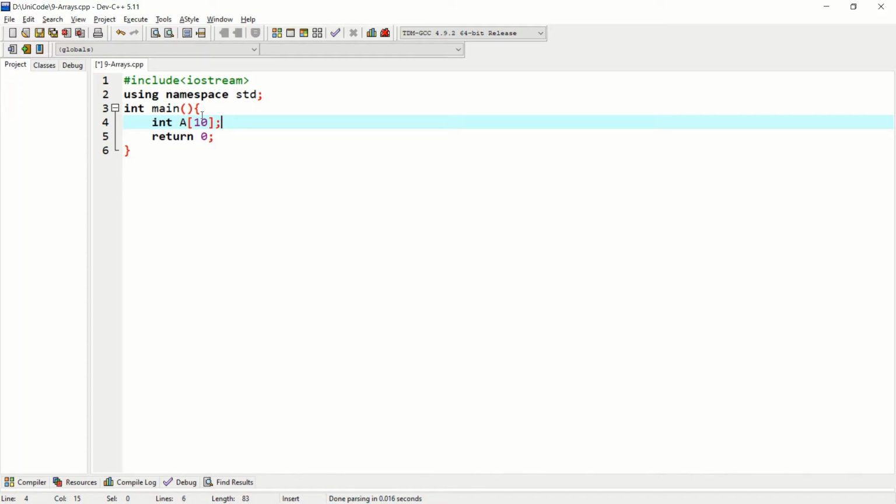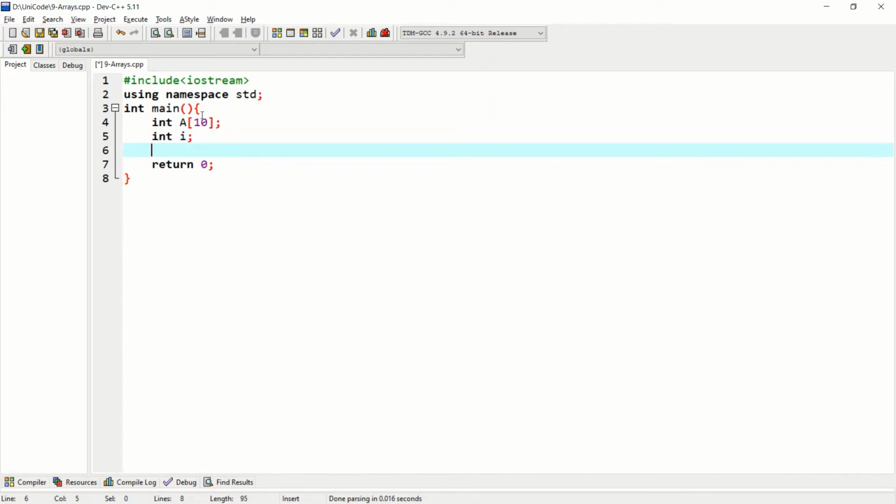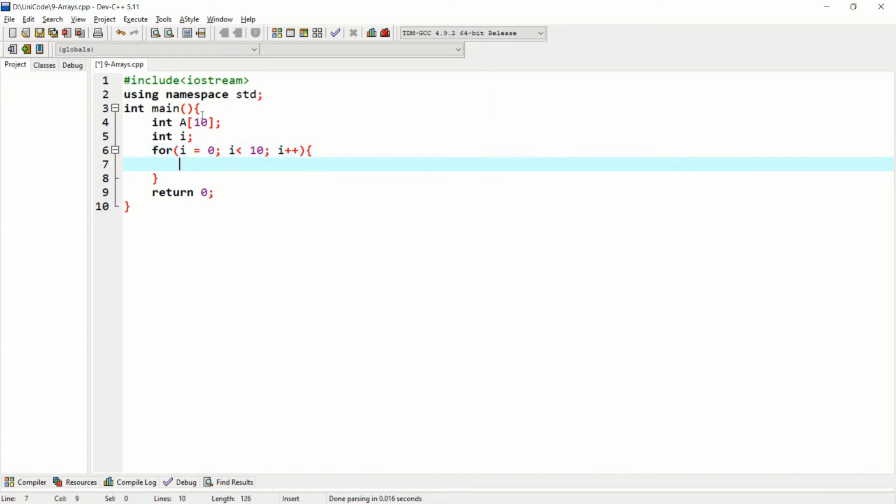Under the name of a, we can simply use a[0]. We can simply use the elements like a[0] and then a[4]. We can randomly use this. We can also loop this for an input: I will declare an integer i, for i equal to 0, i is less than 10, i plus plus. We can simply use a[i]. Yes, we can give a variable in the place of index. The value of i will be taken as an index.